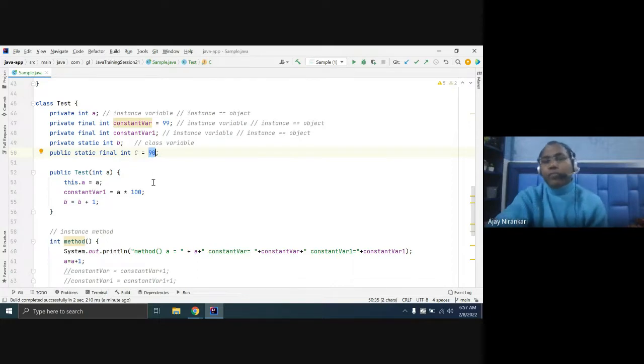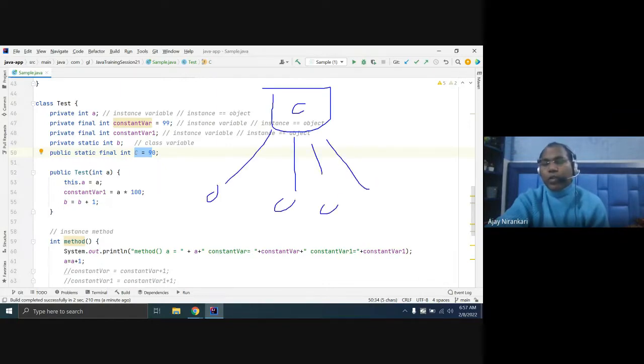So you have both options. You can declare an instance variable as final. That means this value is fixed for only those objects. But sometimes I want to fix some constant for all the objects. Then you can mark it static as well as final. So there is only one copy, and this copy is accessed by every object. C is the one constant variable that can be accessed by any number of objects, but no one has the option to change it. Just read it.